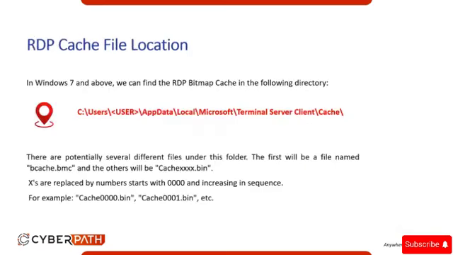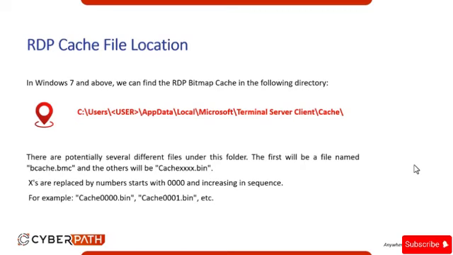RDP Cache file location. In Windows 7 and above, we can find the RDP bitmap cache in the following directory: C, users, the username, app data, local, Microsoft, terminal server client, cache. There are potentially several different files under this folder. The first will be a file named bcache.bmc, and the others will be cache.xxxx.bin. X's are replaced by numbers start with 0000 and increasing in sequence. For example, cache0.bin,